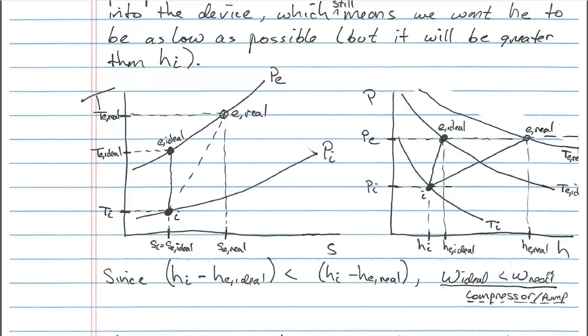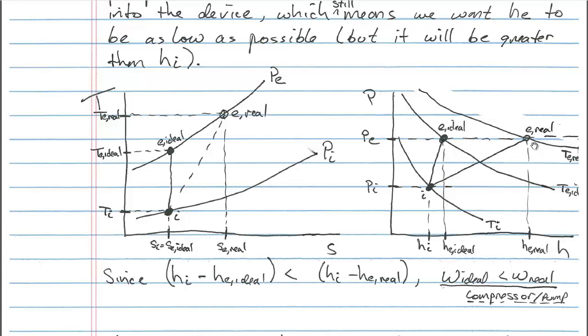Okay, so there's more that we're going to talk about in just a minute, but before we do that, I very quickly want to discuss with you what it means to have an ideal compressor or an ideal pump versus a real compressor or a real pump. Very often, people think that the ideal compressor or the ideal pump, because it's ideal, it has no losses in it, should mean that we can bring the exit state to a higher pressure than the real compressor or pump,